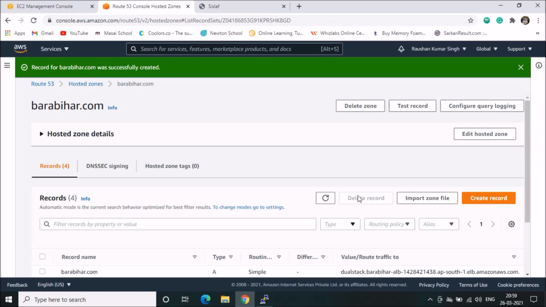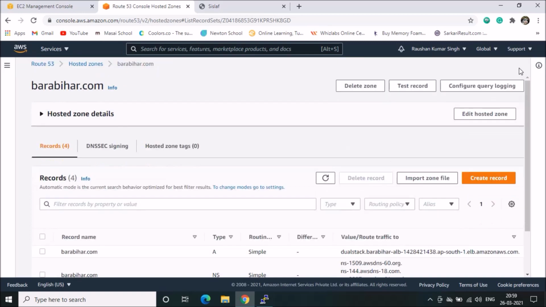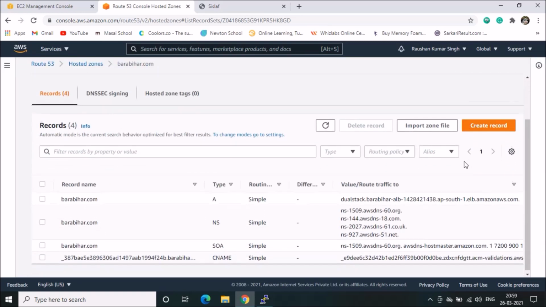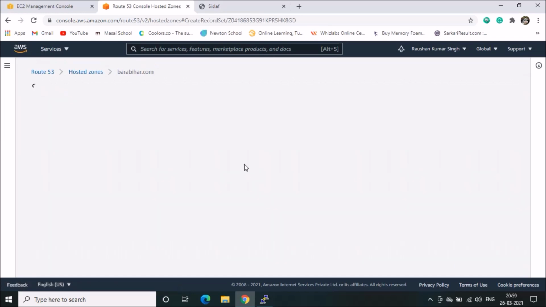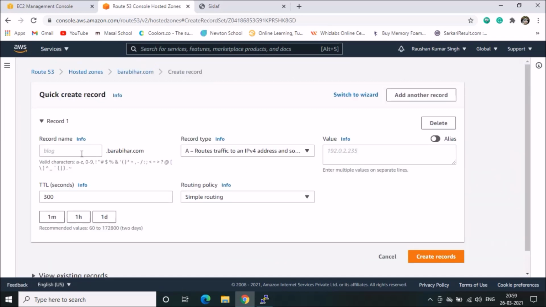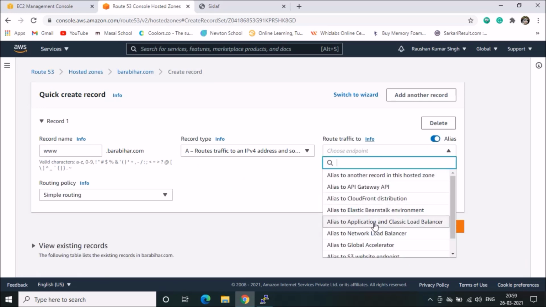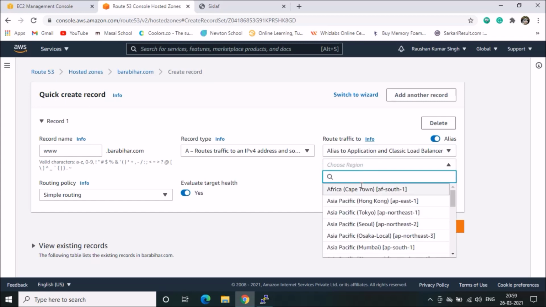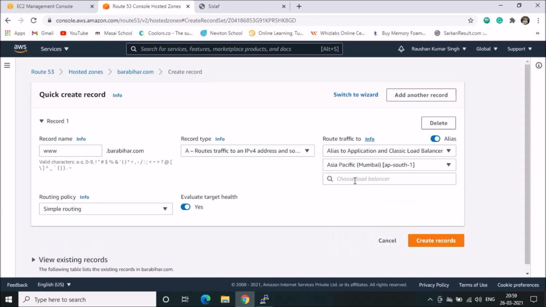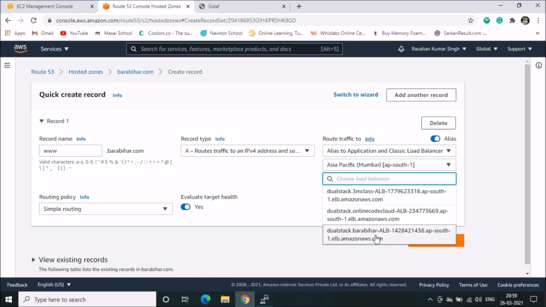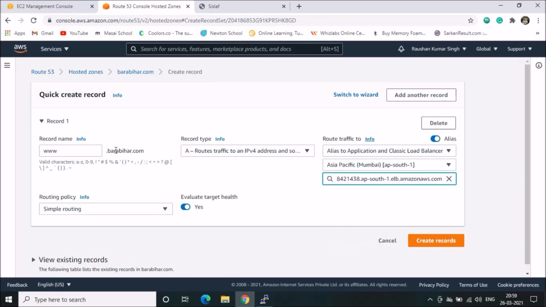Okay, so again we want www.barabihar.com to also be accessible. So we will create one more record. Here we will give www, check alias, then select the Application Load Balancer, region, then load balancer, then create.